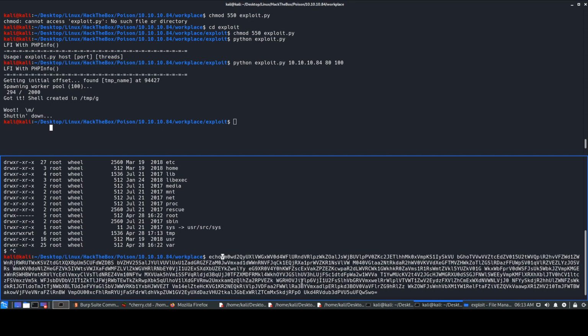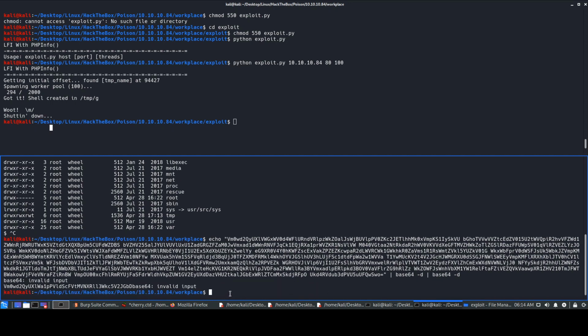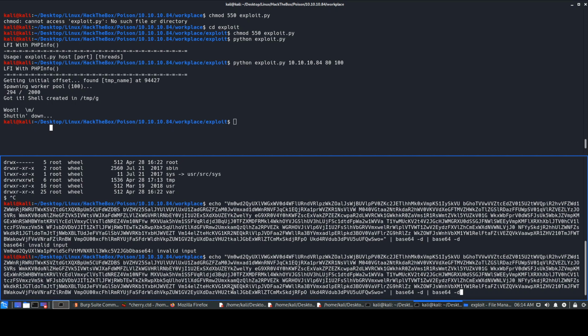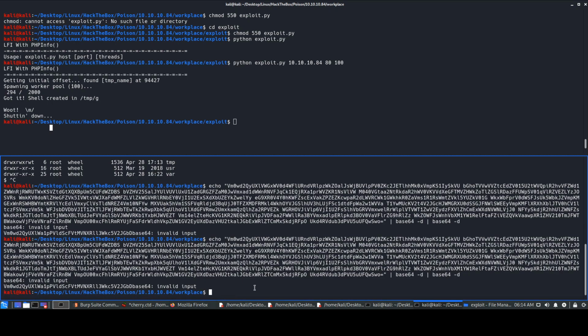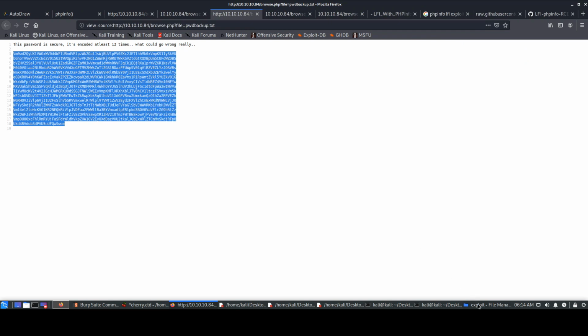Okay, so we'll just try and echo it first, because we'll try and decode it using base64, because that's what we'll try first. Probably can try multiple things. So I'll do base64 -d. What I did is manually take this entire thing and enter. Oops, sorry. If I do base64 -d, it says invalid input. Okay, so that is exactly what I was wondering about. So these entire lines are present. So we'll just quickly take this, copy it,